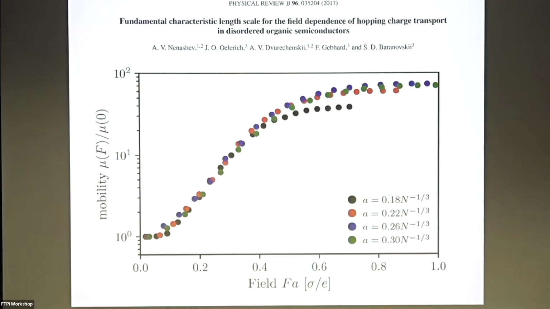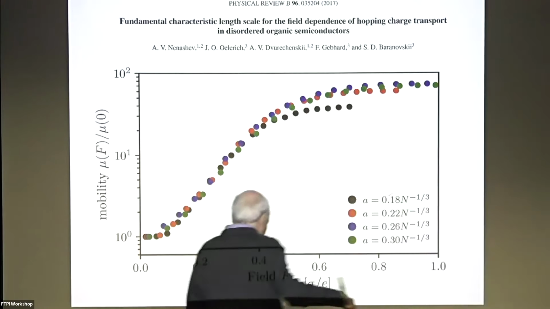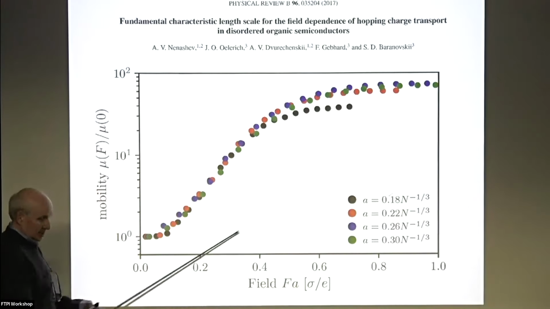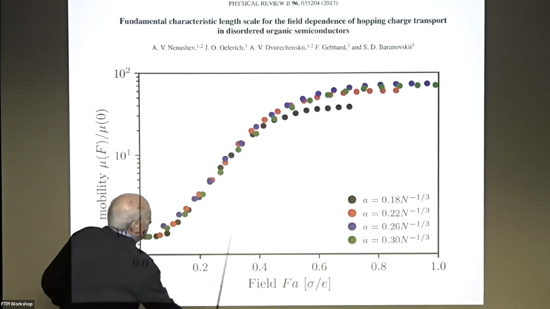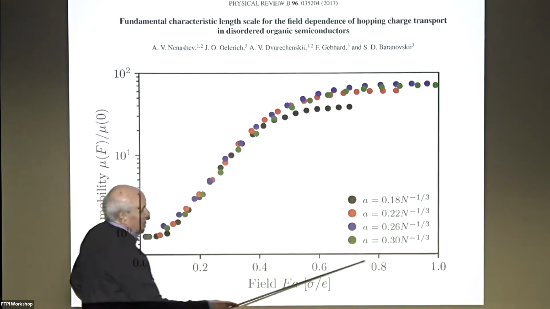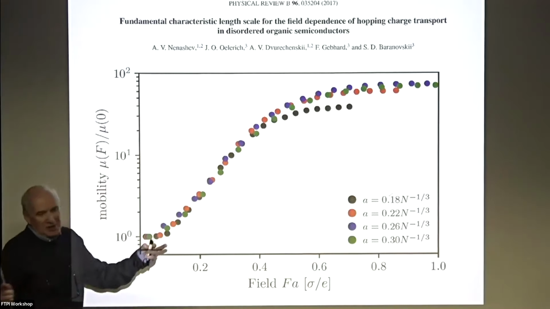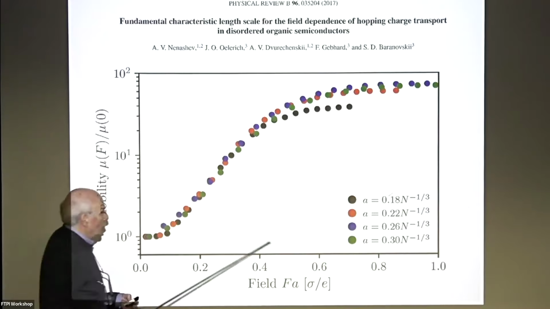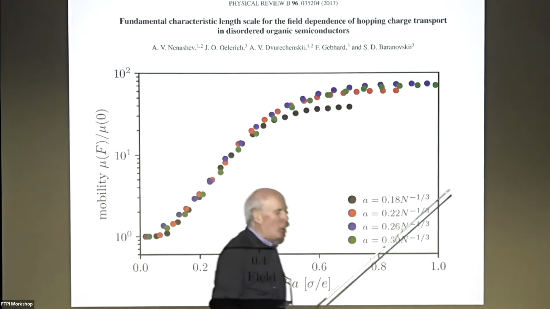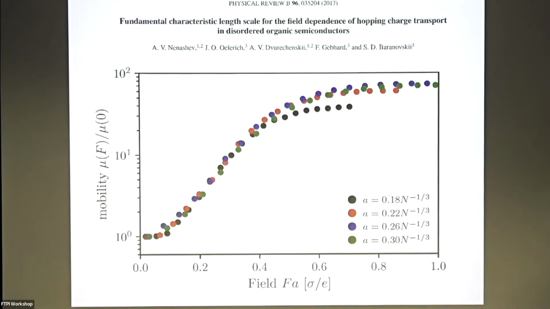So what do we learn from this data? We fix some point here. It means we fix localization length, just the size of the spot. And we compare the results for different concentrations. So it's 2 times different distance or 8 times different concentration. Nothing happens. So A is indeed the only spatial scale responsible for the field-dependent mobility. And don't ask me why, I don't know.